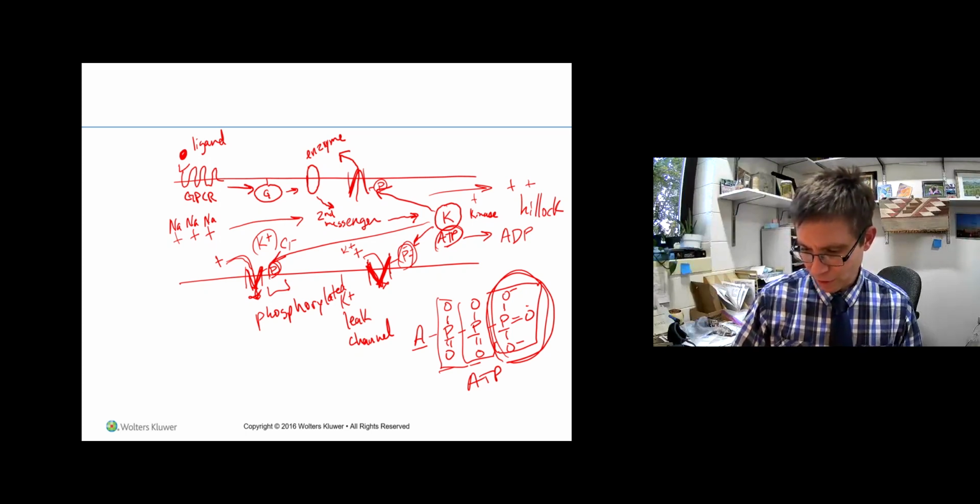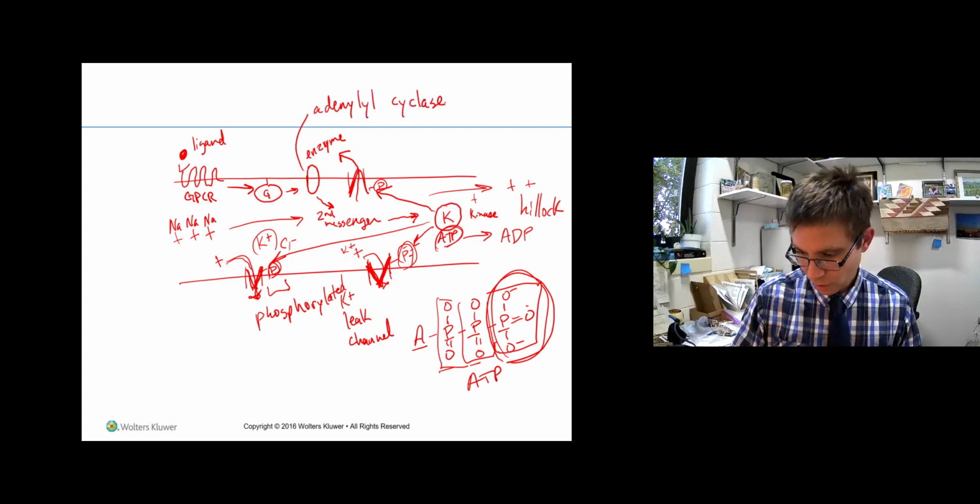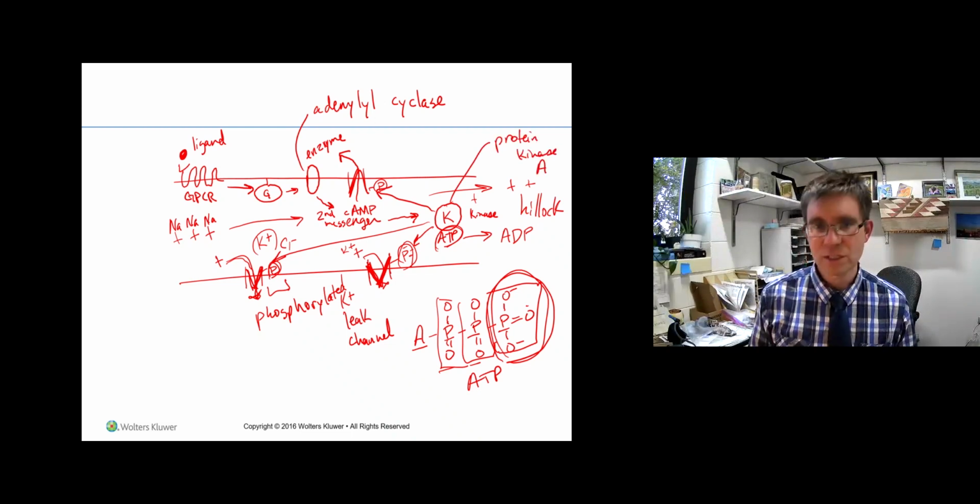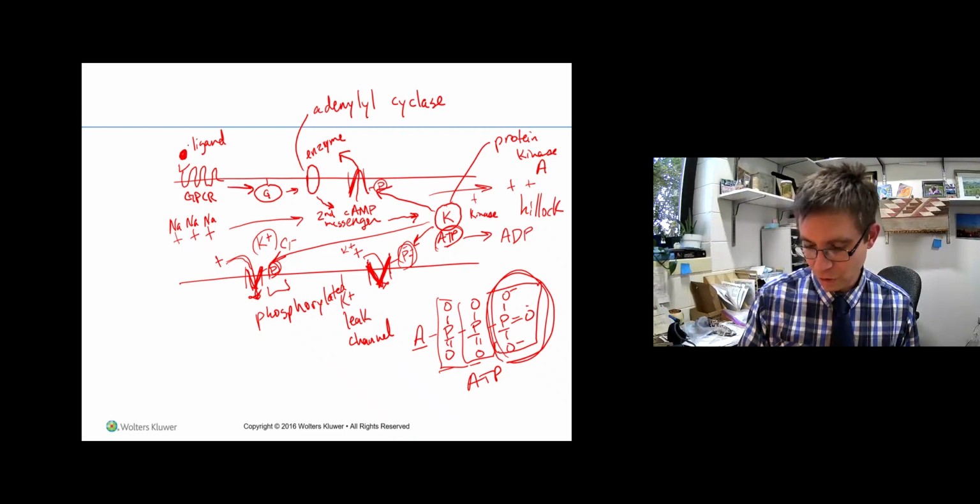Okay, there's actually a specific enzyme and specific second messenger that do this. The specific enzyme is adenylyl cyclase. The specific second messenger is cyclic AMP. And the specific kinase that does this is called protein kinase A. Just because I added the names doesn't make it any more complicated, except now you know their names. But the concept is then, this ligand, this neurotransmitter,